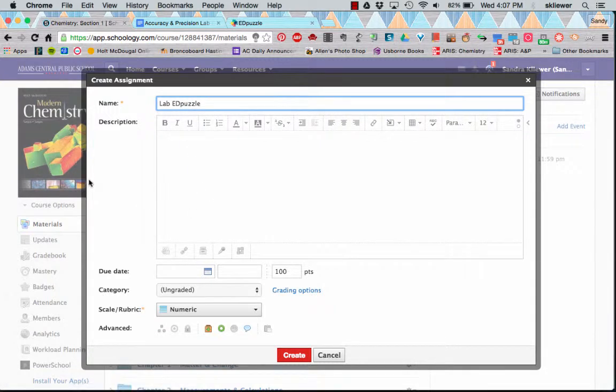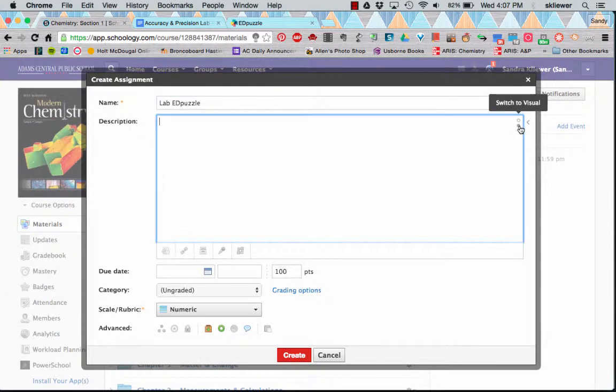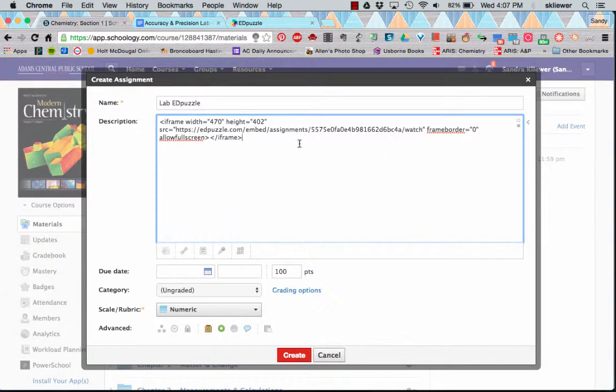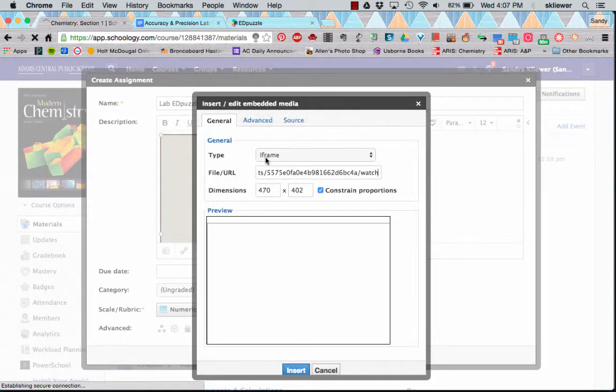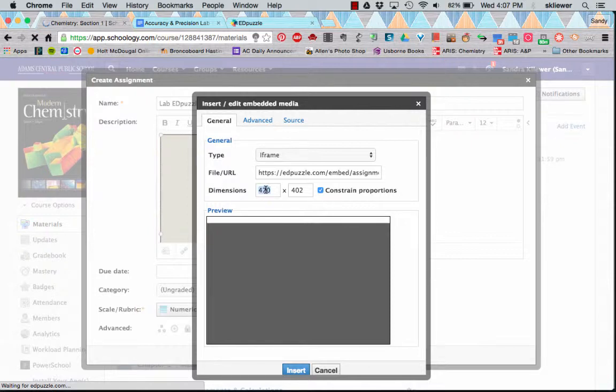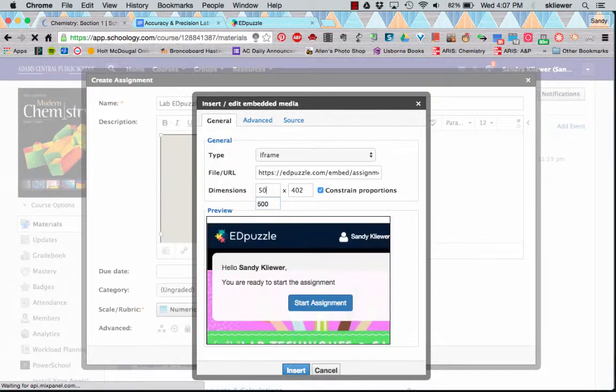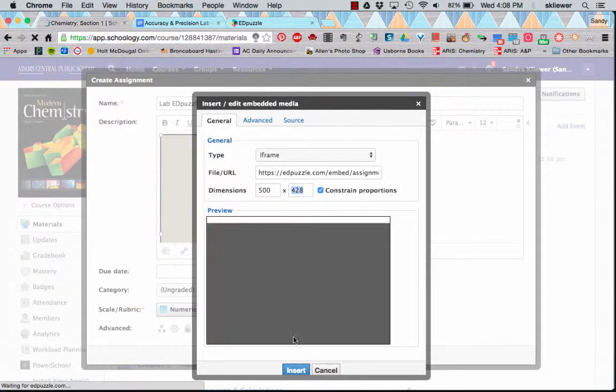Okay, what's cool about embed code is that if I click on these dots over on the top right, it switches to my HTML code, and I paste that embed code. I have no idea what all that means, but if I click back, there's going to be a little box here that will have the video that shows. If I want to resize it, if I click on the box and hover over this image right here, I can delete it there, but I can change my dimensions. So sometimes I make it a little bigger. So if I make it 500, and I always constrain proportions, that way it keeps it the same,